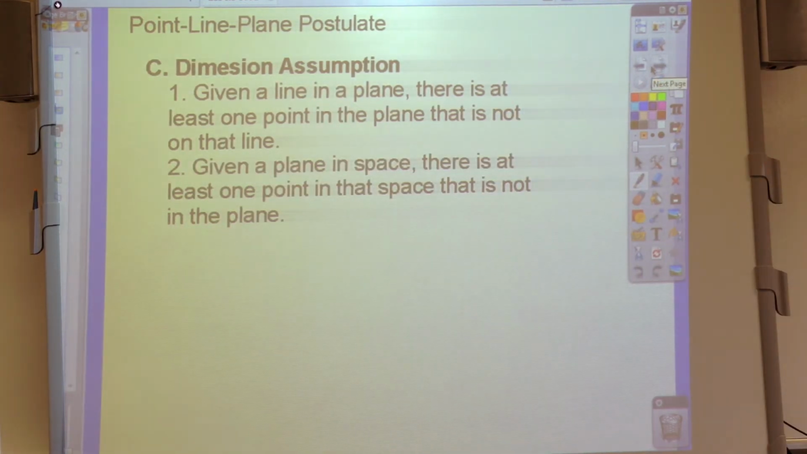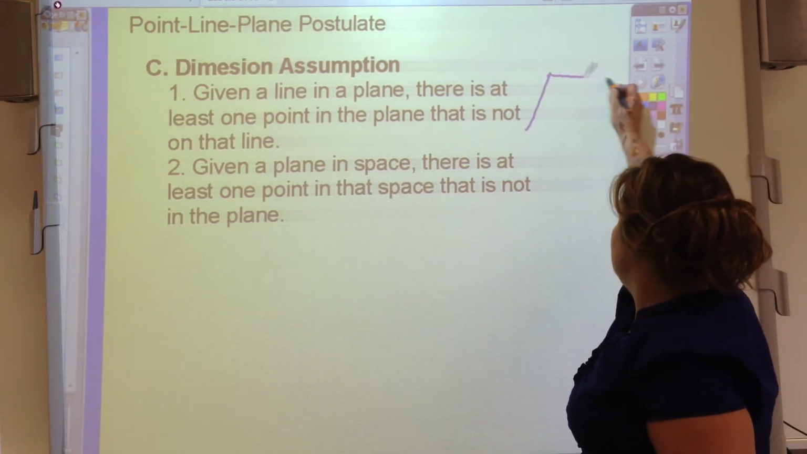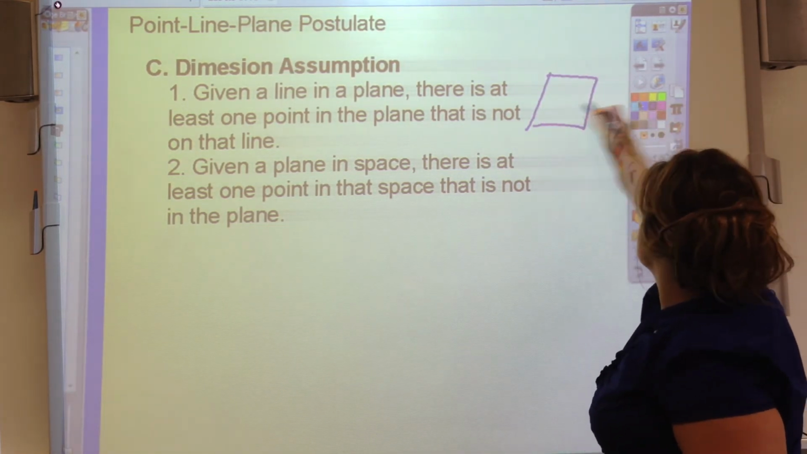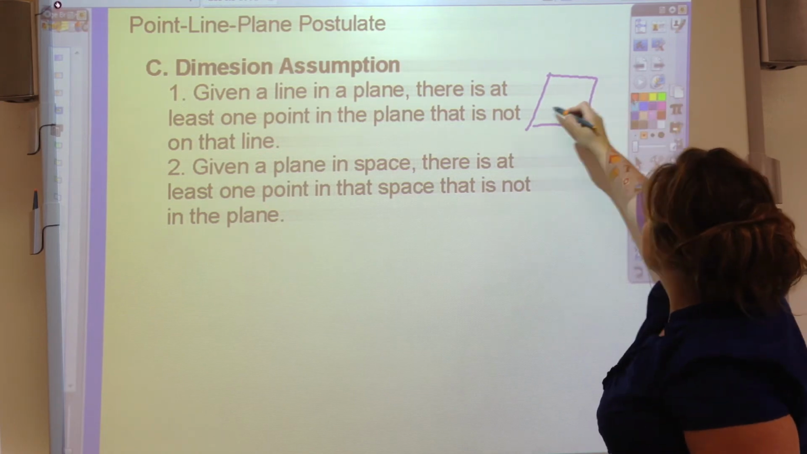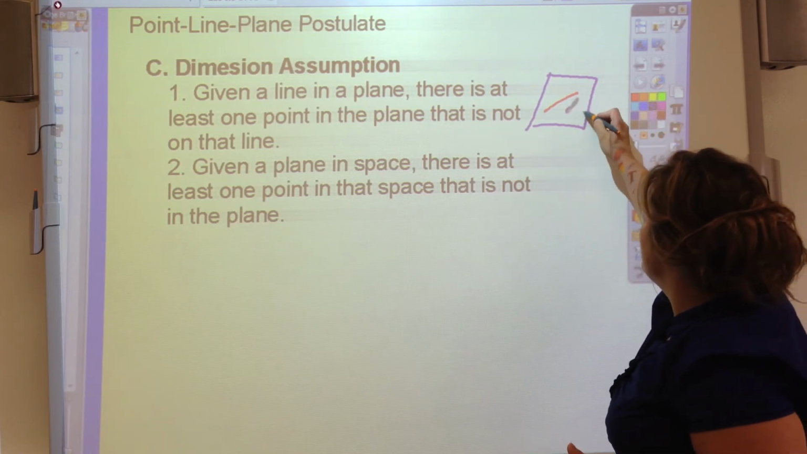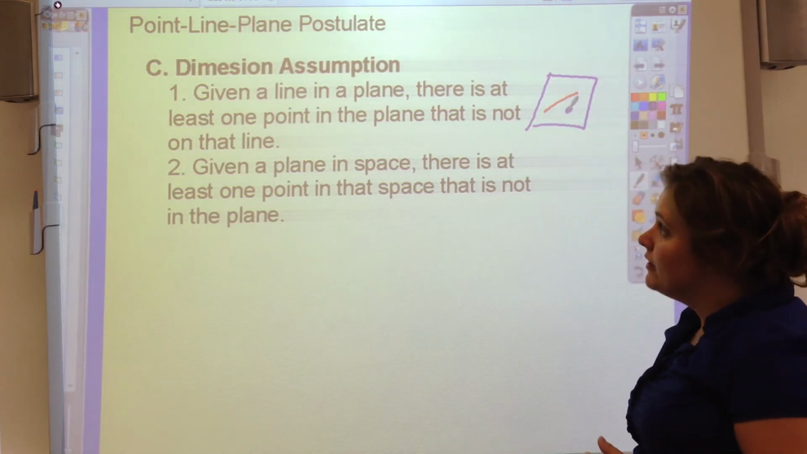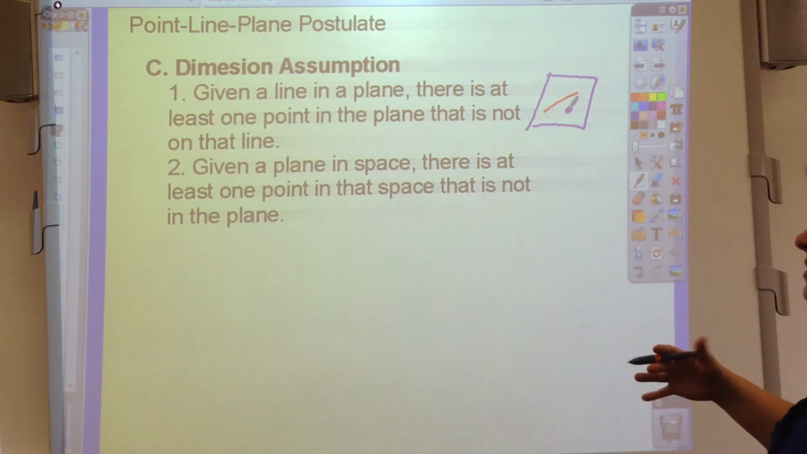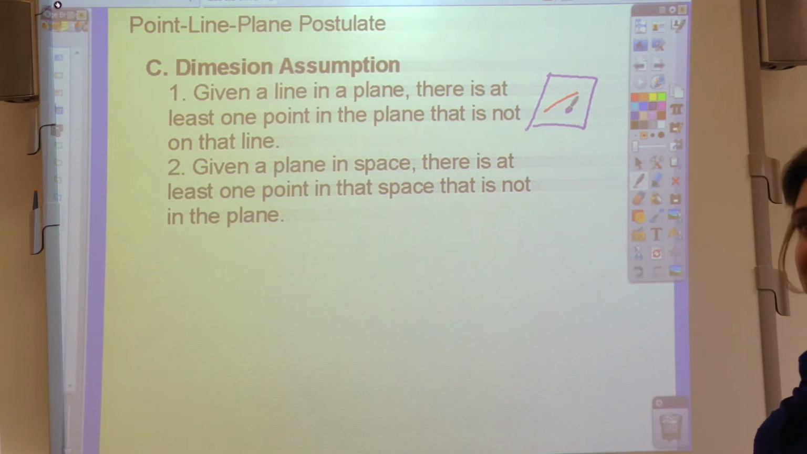All right, how about the point, line, plane postulate? We have a dimension assumption here. This is the last part of our postulate. Given a line and a plane, there is at least one point in the plane that is not on that line. So in other words, to have a plane, let's say I draw some line in it. If it's a plane, there is going to be some point over here that's not on that line. And given a plane in space, there's at least one point in that space that is not on the